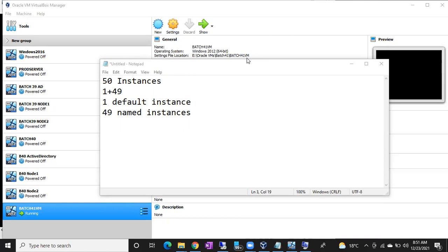Everyone, just send me the message in the chat. 28 people, 27 people are there, so I want to see 27 responses. My question is, I want to install 2 different versions, one is 2017, another one is 2019. Can I install a 2017 default instance and a 2019 default instance separately? Yes or no?